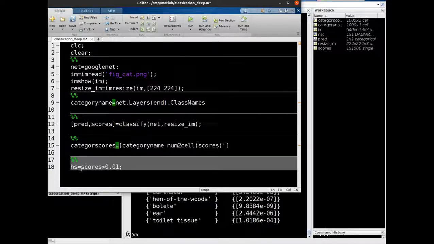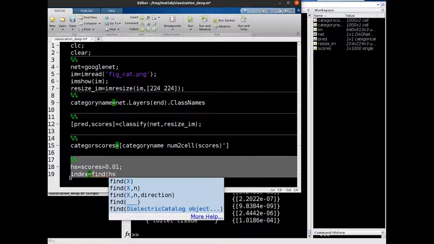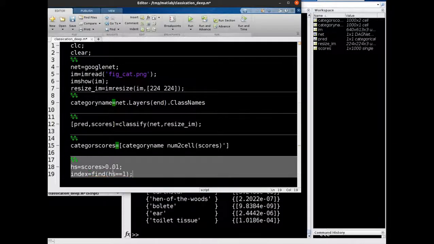So it will create a logical array here with either value 0 or 1, 1000 logical values with 0 and 1. So if score is greater than 0.01, then HS will be 1, otherwise it will be 0. Now let us create another variable, suppose index, to find the index of those high scores which are equal to 1.